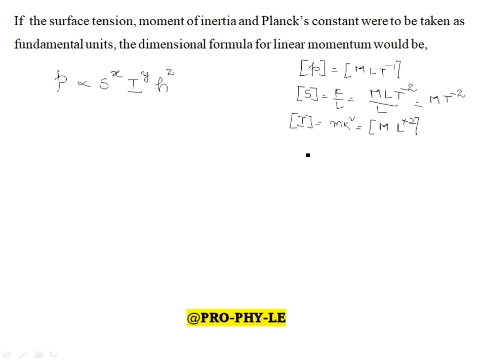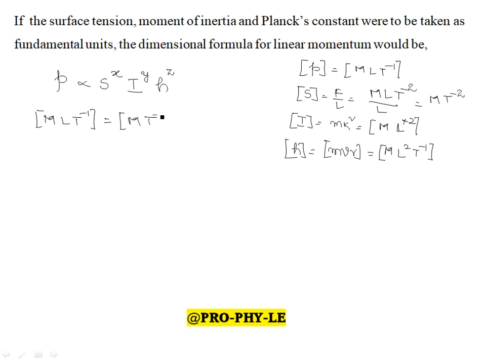And similarly Planck's constant is equal to mvr, which means Planck's constant and angular momentum have the same dimensions, and this will be equal to m and L t power of minus 1, and then one L will be there, so L square t power of minus 1. So if I substitute all these values by taking this proportionality constant as 1, this will become like this: m L t power of minus 1 is equal to